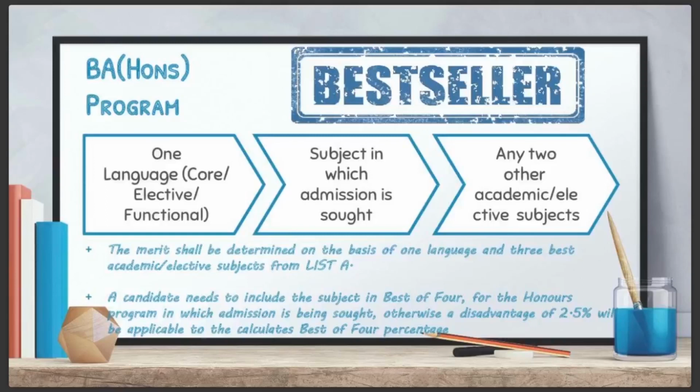So when we talk about those rules, I will talk about one at a time. I will take up one course, that is, I'll talk about a BA honors, and then I'll talk about a BA, and then I'll talk about a BCom and a BCom honors thereafter, so that there's no confusion, right? So pay attention, where we are talking about the very first course that we have, which is a BA honors